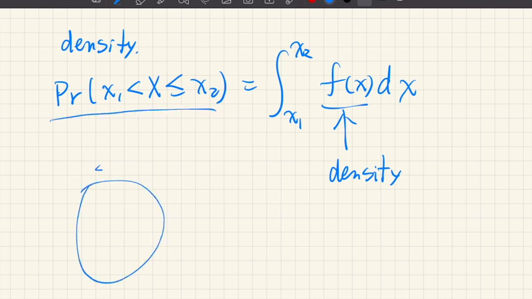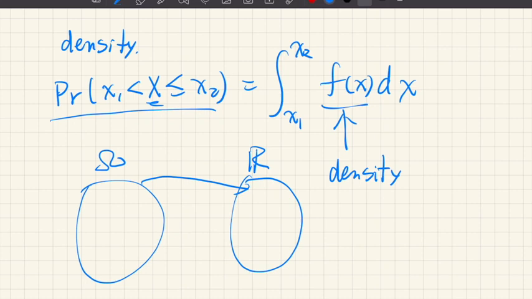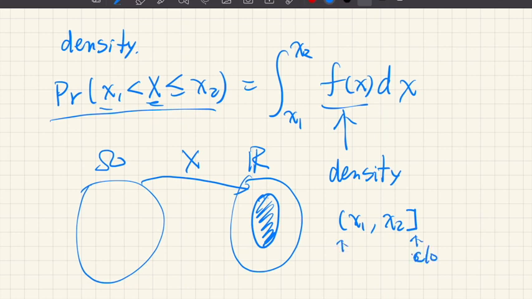So we have some sample space and we have real numbers. We have this random variable. Then we pick some subset, which is this interval, from x1, not including x1, but including x2. Okay, so this is closed, this is open. Take this interval